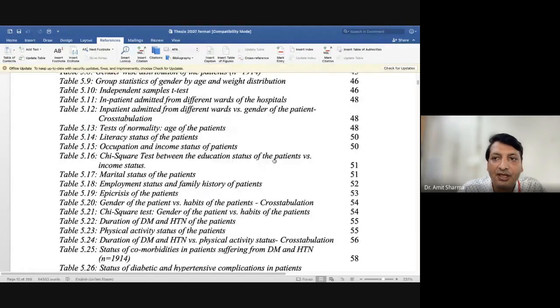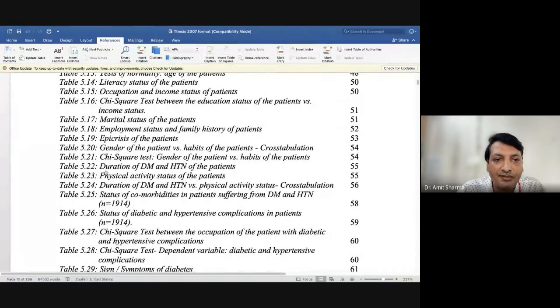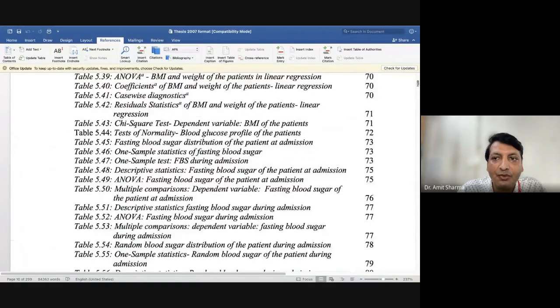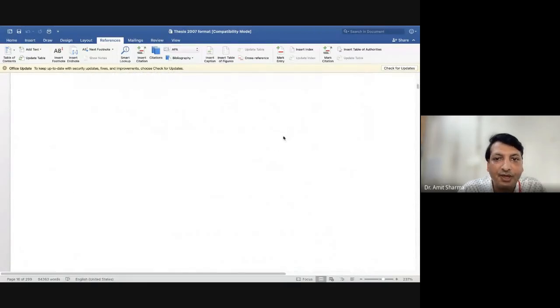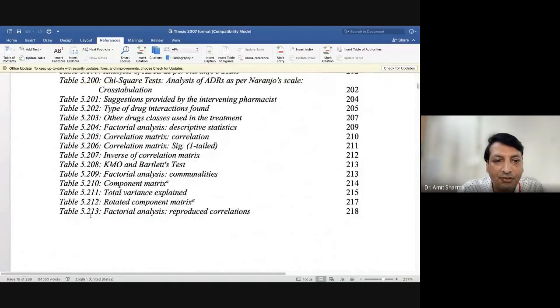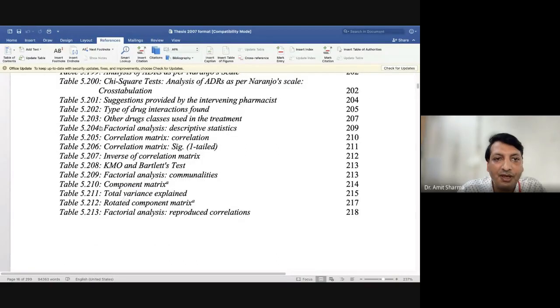You can see why I have used hyperlinks: the number of tables in my thesis was more than 200. You might be able to see that 213 tables were there in the thesis, and the name of each table is mentioned here and where it lies.